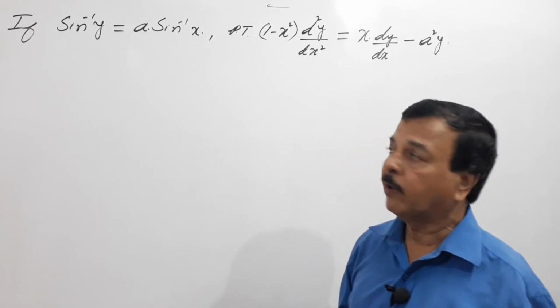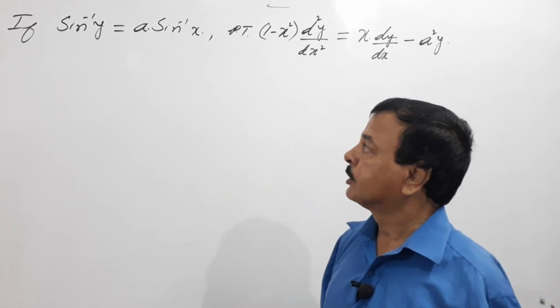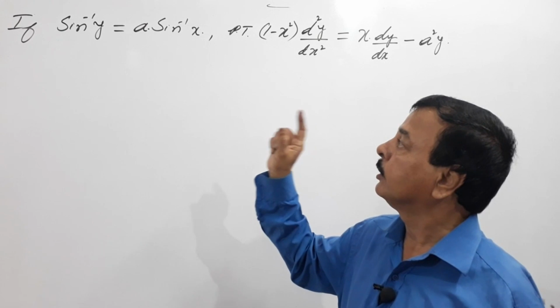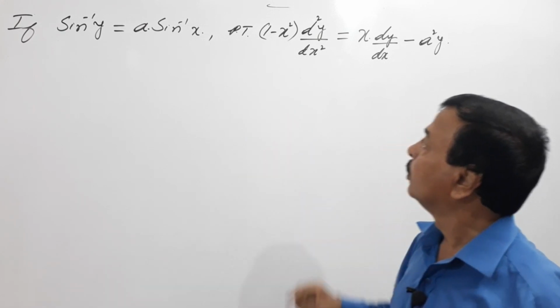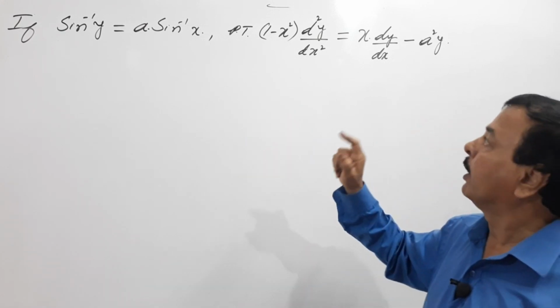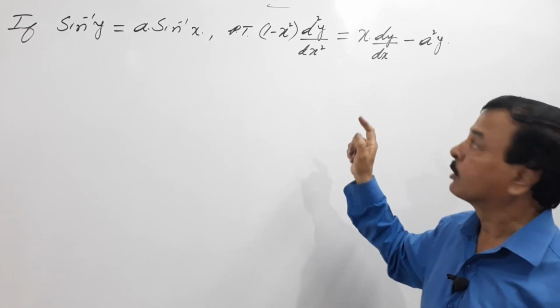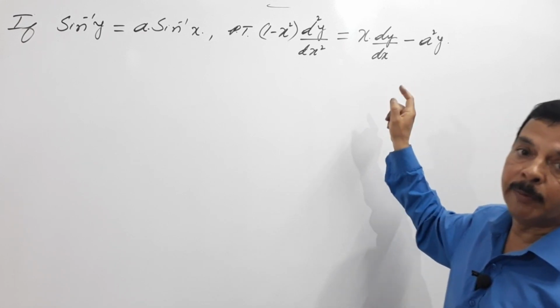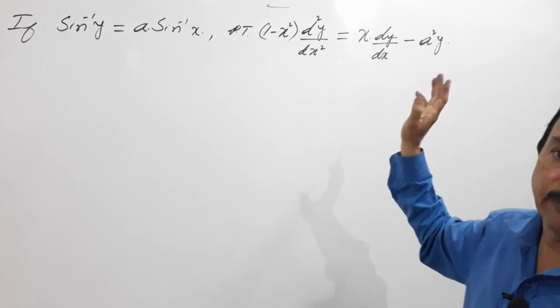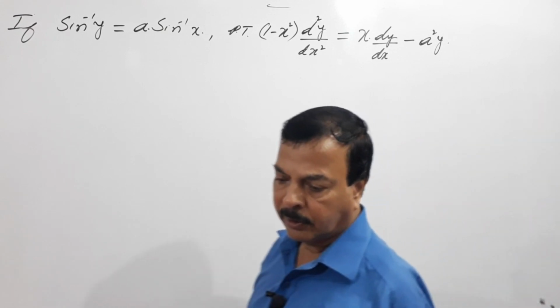Dear students, we have a problem. If sin inverse y equals a into sin inverse x, prove that (1 minus x square) into d square y by dx square equals x into dy by dx minus a square y. So dear students,